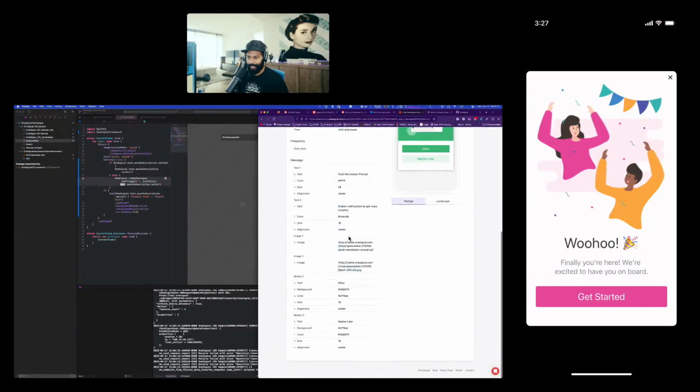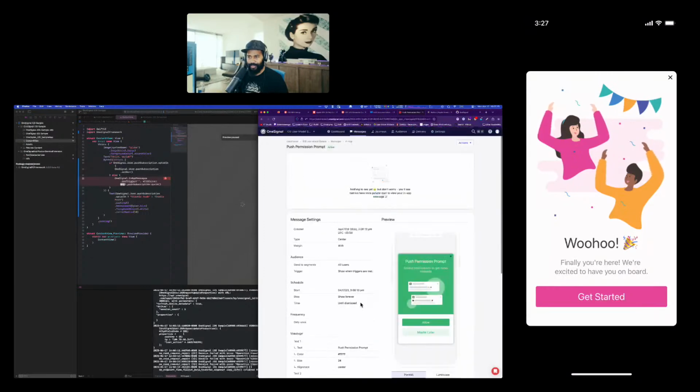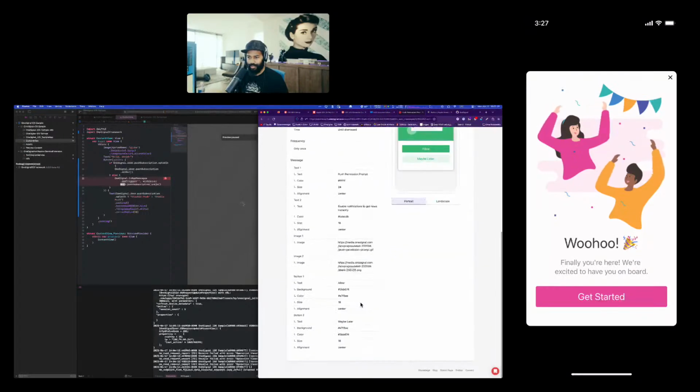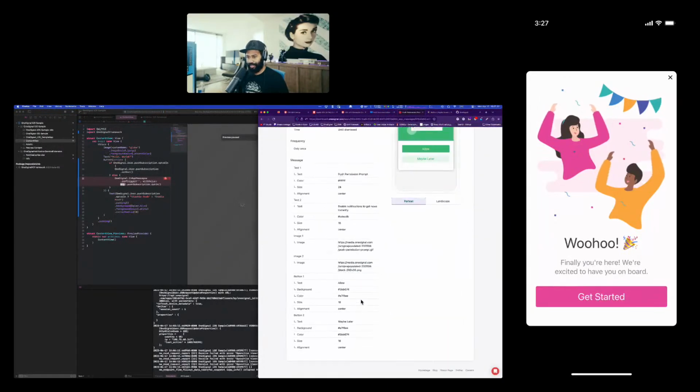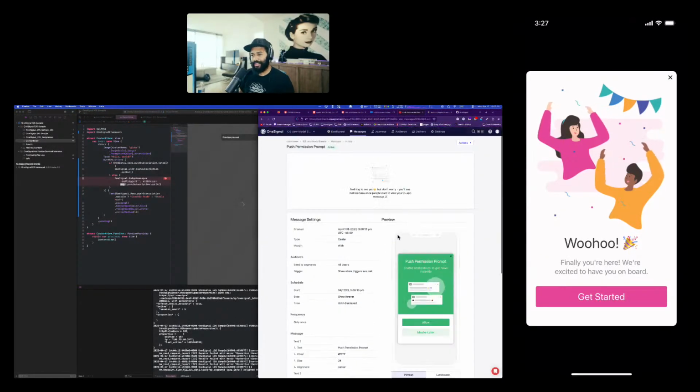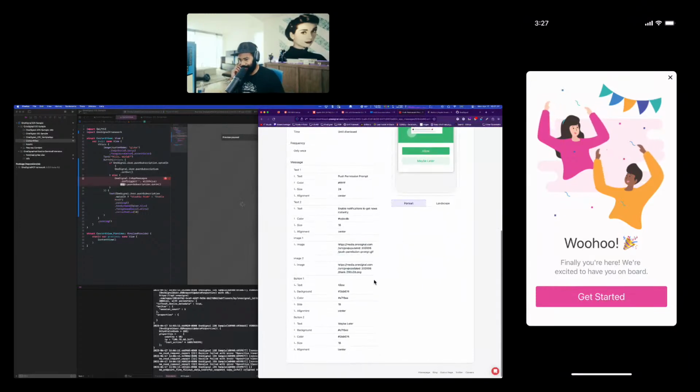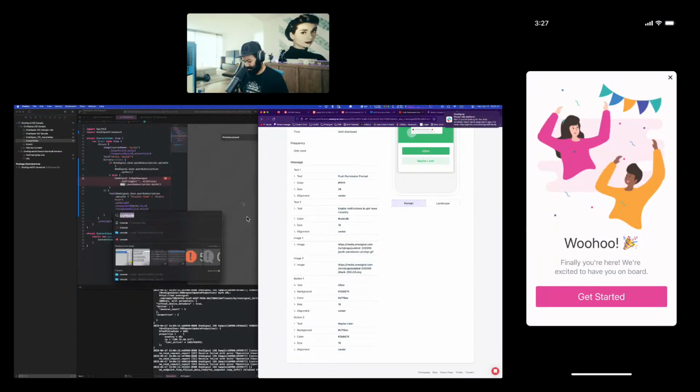I've already forgotten what it is, so hopefully I can find that. Nope. Okay, it's not here. I had to edit this. This is product feedback. All right, so where is craft?